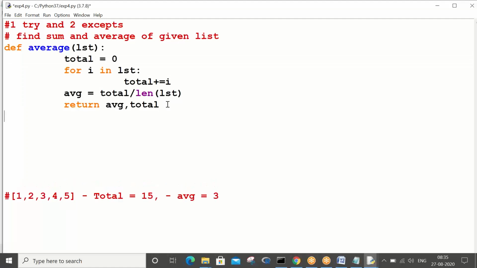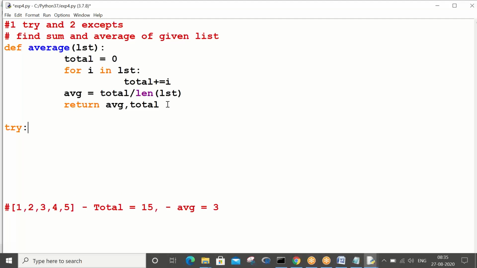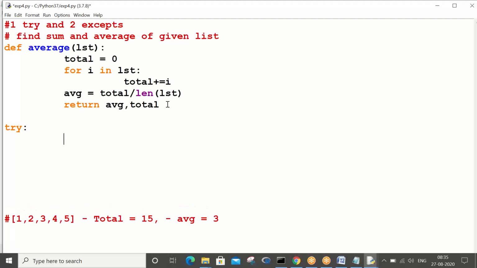So you are returning a couple of variables to your program. Now you see, try: total, average is equal to the function call.